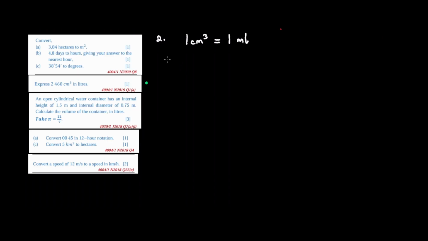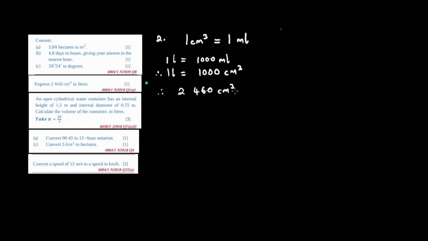Since we know that 1 liter is equal to 1000 milliliters, it means that 1 liter is equal to 1000 cubic centimeters. You can use proportion, you can use logic, you can use the chain rule. I'm going to elect to use just logic. Therefore,